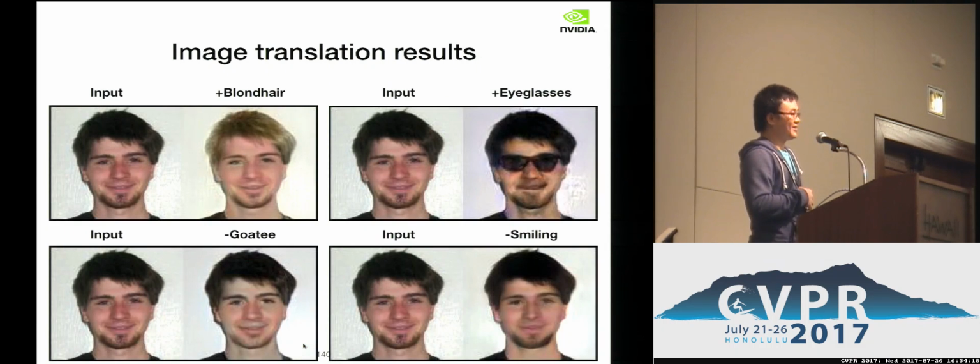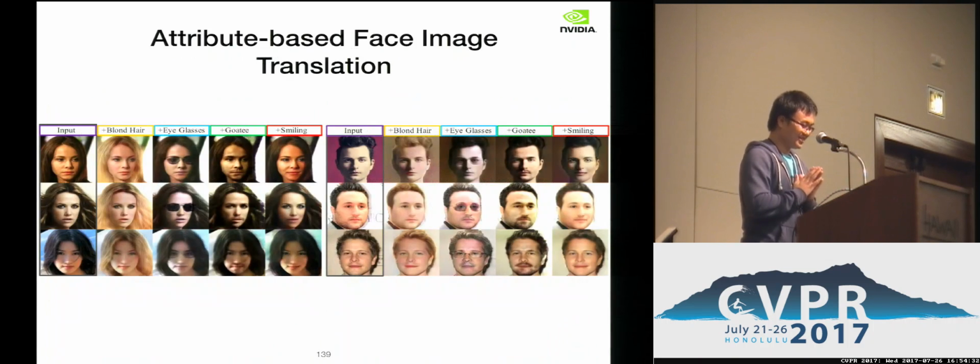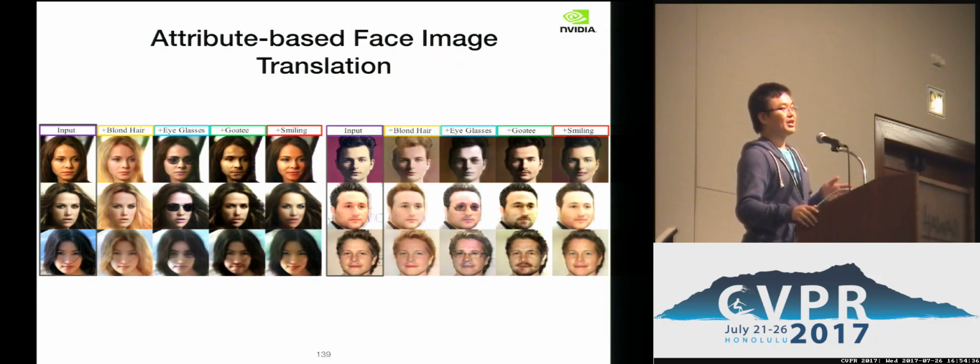I'm very happy to thank Ian Goodfellow, who kindly provided his image for me to try out the translation task. I think I missed one slide before. Okay, here are the slides. You can define domains by attribute and do attribute-based face translation. It's different from what Julie showed earlier. What Julie showed earlier is the conditional model, conditioned on attribute, and you can generate different images.